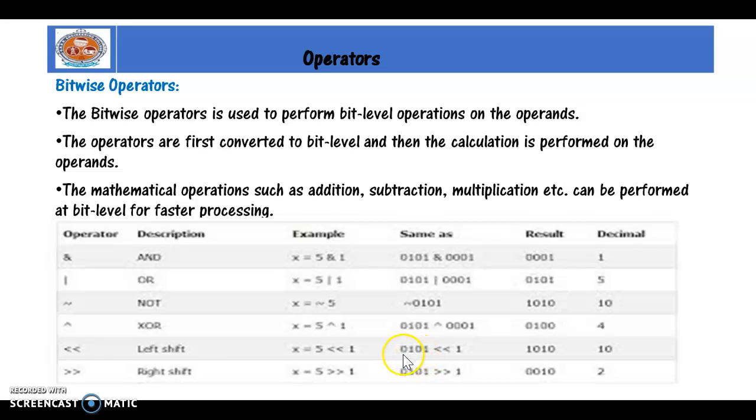This 101 will come here and this 0 will get replaced in this position. Similarly, for right shift, we decide how many bits we want to shift. Here I want to left shift by 1 bit, so it is getting left shifted by 1 bit. This 1 will come here, this 0 will come here, this 1 will come here, and this 0 will occupy this place. If I want to do right shift, then this 1 will get deducted. When we perform right shift, the right-most bit will get deducted.